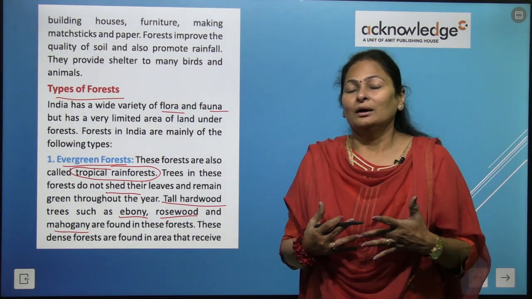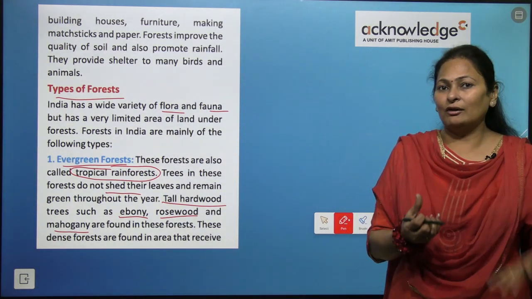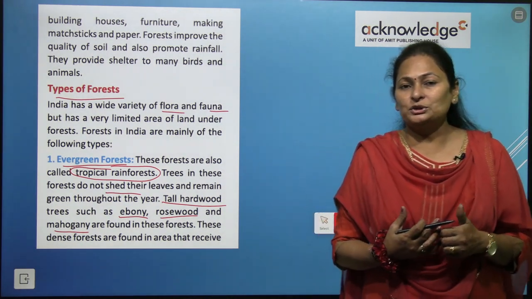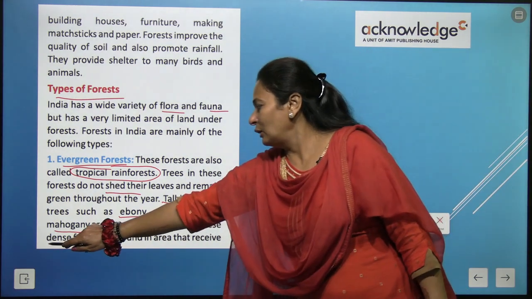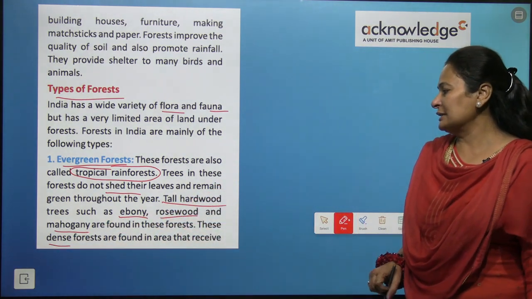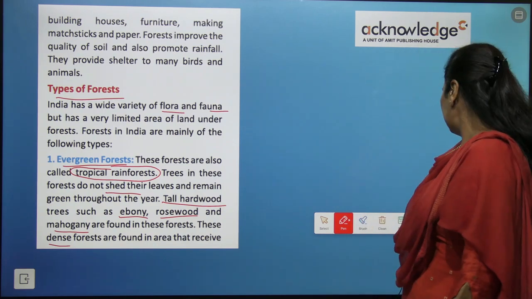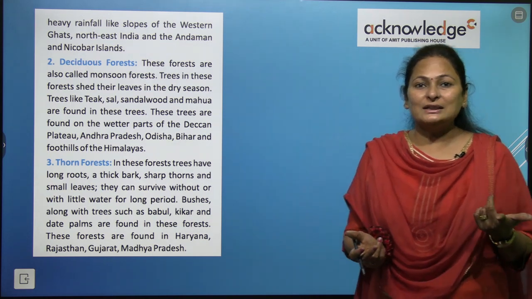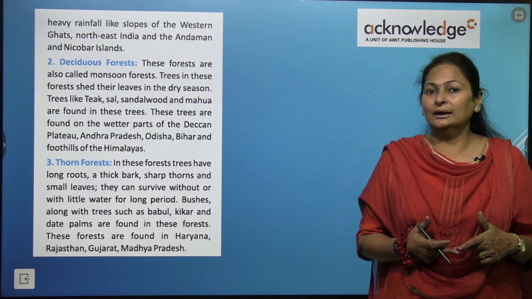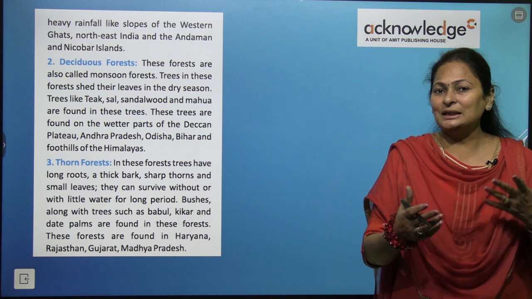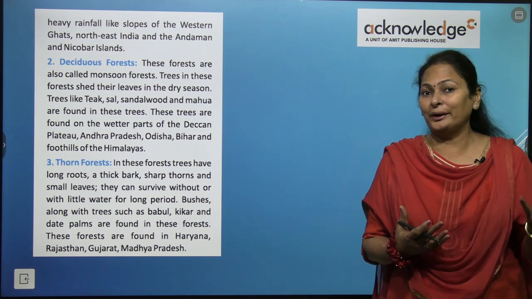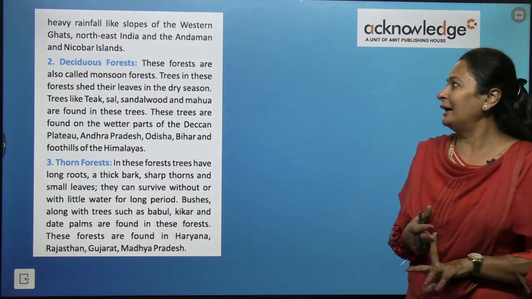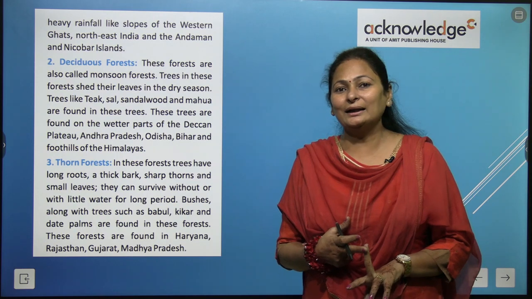Sunlight is also not entering in this forest because the trees that have grown are very close to each other, right? So this is called dense forest. These dense forests are found in the areas that receive heavy rainfall, like slopes of the Western Ghats. We have learned the Eastern and Western Ghats. So these kinds of trees grow in the Western Ghats and Northeast India and the islands like Andaman and